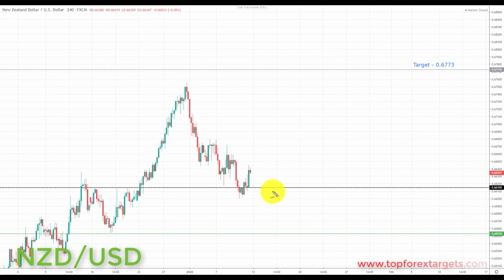So next market that we're going to look at is New Zealand dollar. Now last week we were looking for a pullback and we highlighted the key area of 0.66150 for you last week to look for a bounce to the upside in New Zealand dollar. We have started to bounce to the upside, and this is now, especially once again as the dollar index is currently sitting at that key area of resistance we're looking at, this is going to be a place going into next week. We're going to start to look for those bullish setups, and we're going to be looking at initiating longs up towards the next key area of resistance to the upside and the target set, at 0.6773.